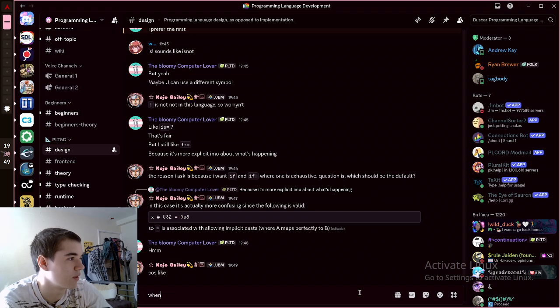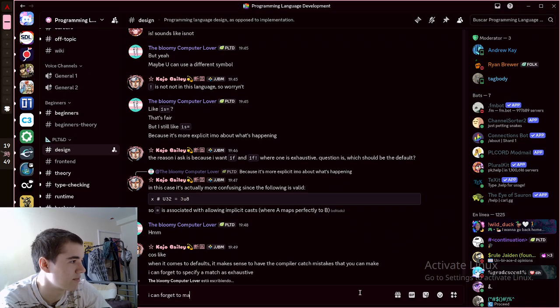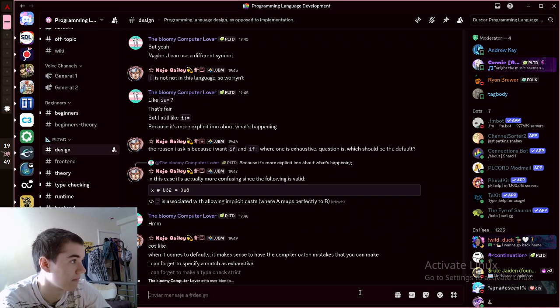Because when it comes to defaults, it makes sense to have the compiler catch mistakes that you can make. I can forget to specify a match as exhaustive. I can forget to make a type check strict. In the same way, I can forget to make